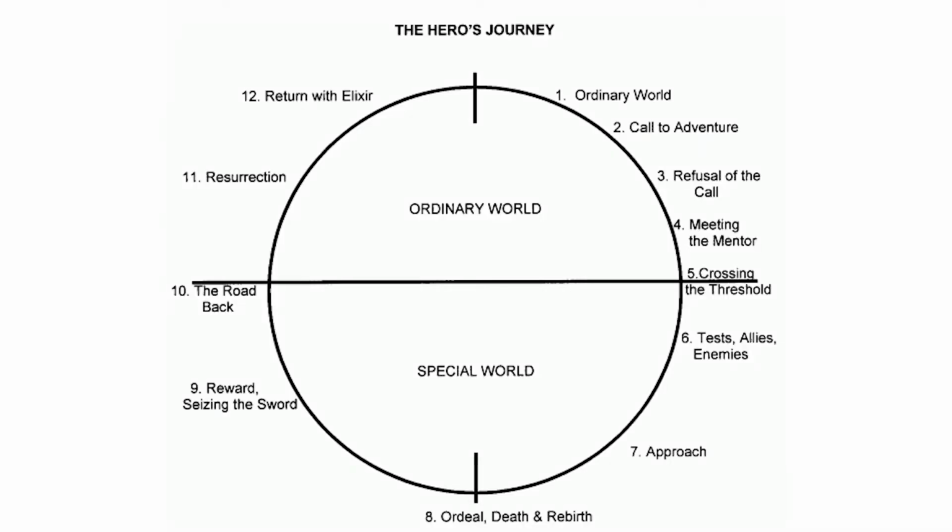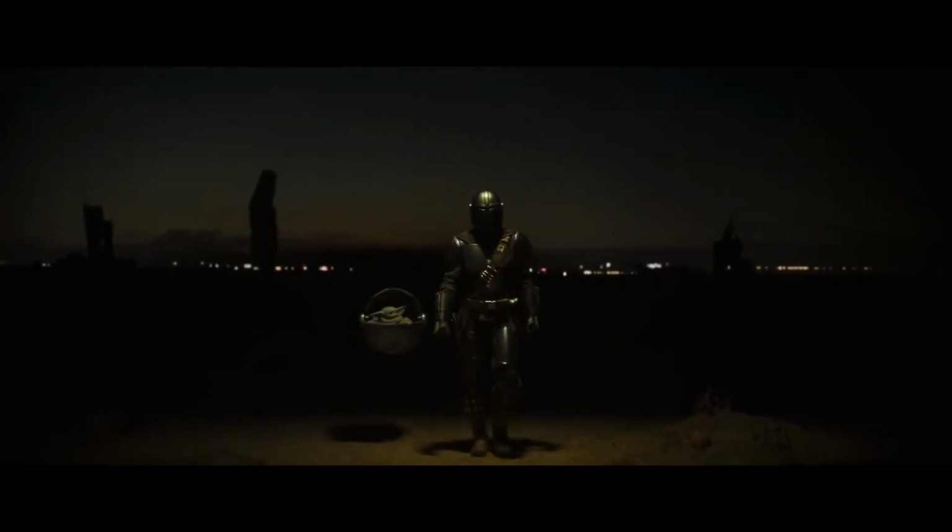I'll specifically be using Christopher Vogler's interpretation of the monomyth, which follows the same basic structure, though simplified from 17 steps into 12. I won't necessarily be looking at all 12 steps here, only those that are specifically relevant, because I believe this template should be used as a guideline, not a strict rule set.